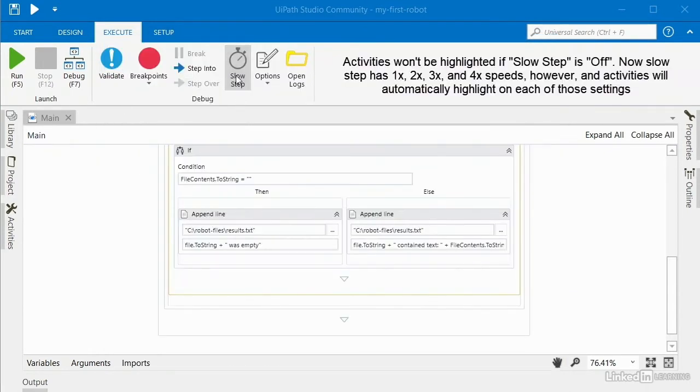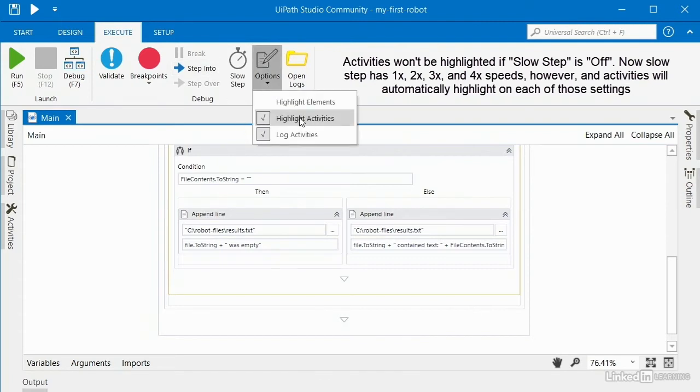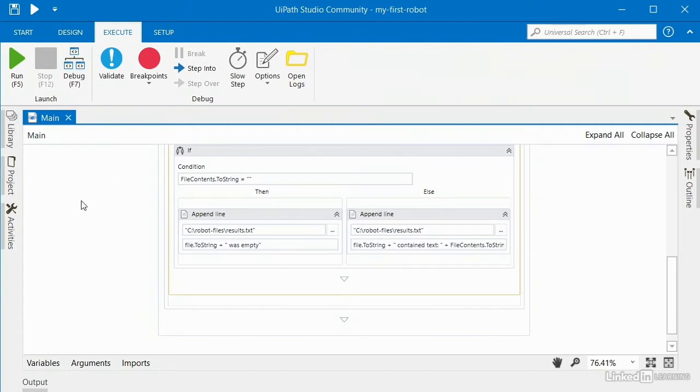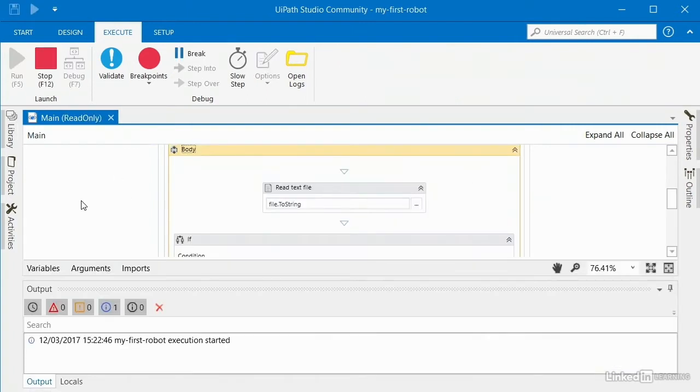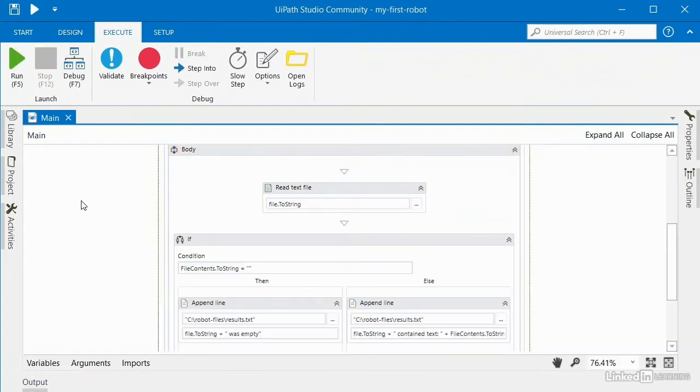Of course, if I click on slow step again, that will speed the robot up, but we're still going to see our activities get highlighted. So that's a way to watch the robot work through the activities in real time. I'll press the F7 key to begin. So you can see how fast those things flashed by, and it gives you a great sense of how quickly